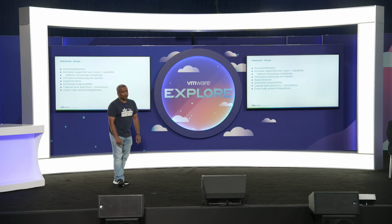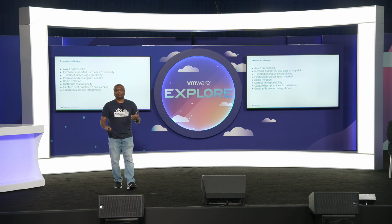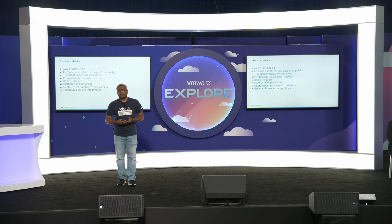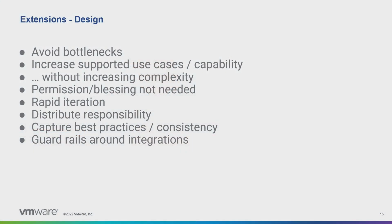So I won't talk too much about this. What we have done over a period of time is we've given extension points. When somebody comes with a feature, the first question we ask is, does this code need to be merged into the Kubernetes tree fully? Or can we give you an extension point where you can do the things that you want to do, but the code doesn't have to live in the Kubernetes repository? We try to do that because